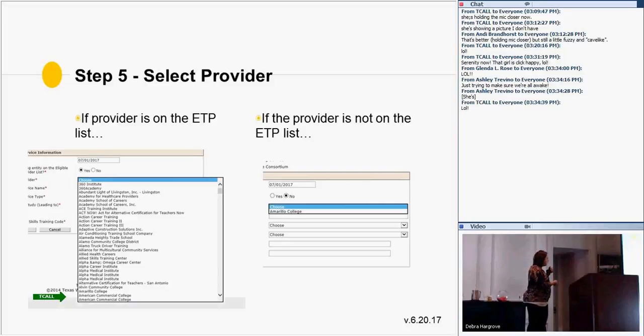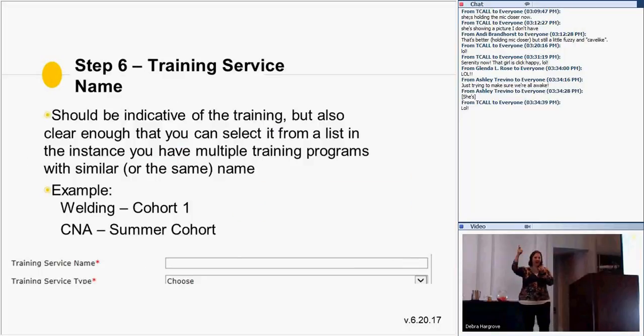If the provider is not on the ECT list, you select no, and this will develop a drop down of your providers, exactly like your providers work when you add a provider or assign a provider to the site or assign a site to a provider. When you select the drop down list of providers, it works the exact same way. You need the same list, which means you've got to make sure the provider is in the statewide list. You've got to make sure they're added to the grant recipient for the program year. Because I guarantee we're going to get lots of questions, people saying, "Our provider is on this list." Make sure you can add it to your program for this grant year.